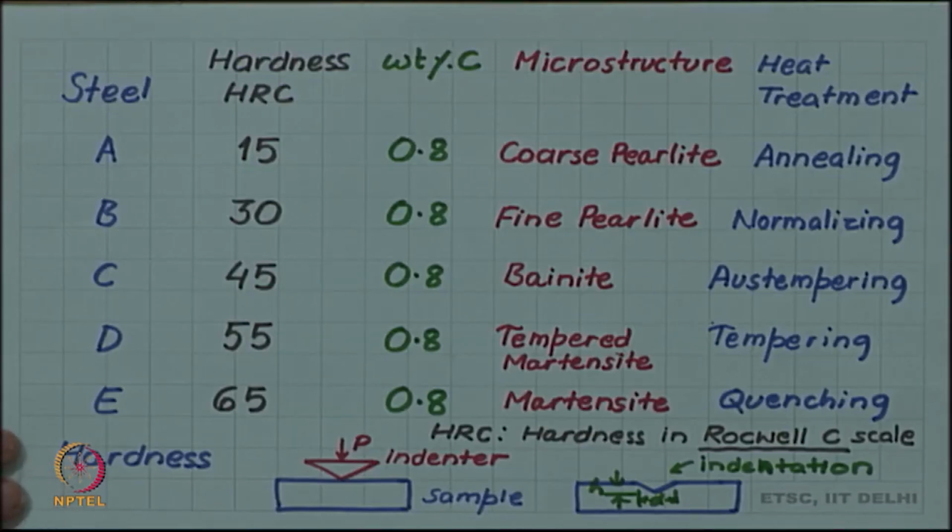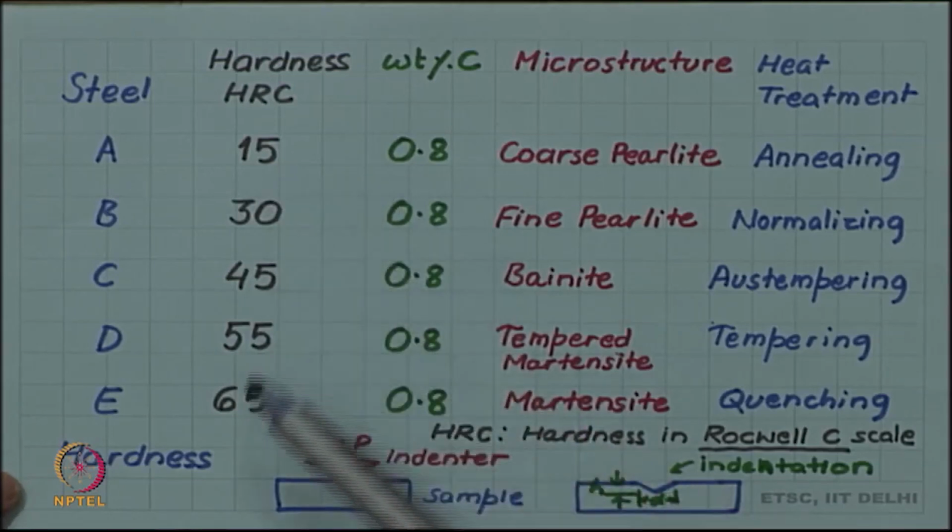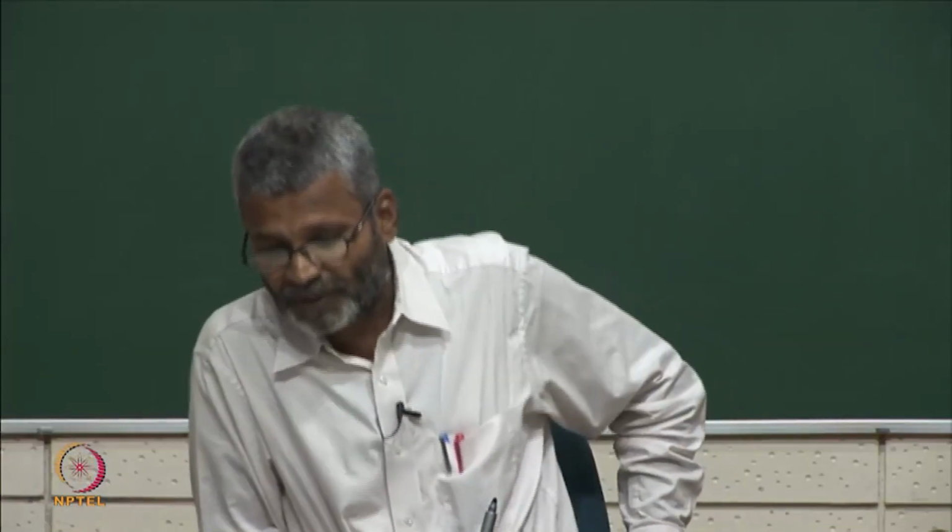So, do not worry if you are not familiar with these names already. Annealing, normalizing, tempering, tempering and quenching are different heat treatments which can produce different microstructures in the same steel of 0.8% carbon, with hardness value going from 15 to 65. This is indeed extremely dramatic. This effect is very, very dramatic because